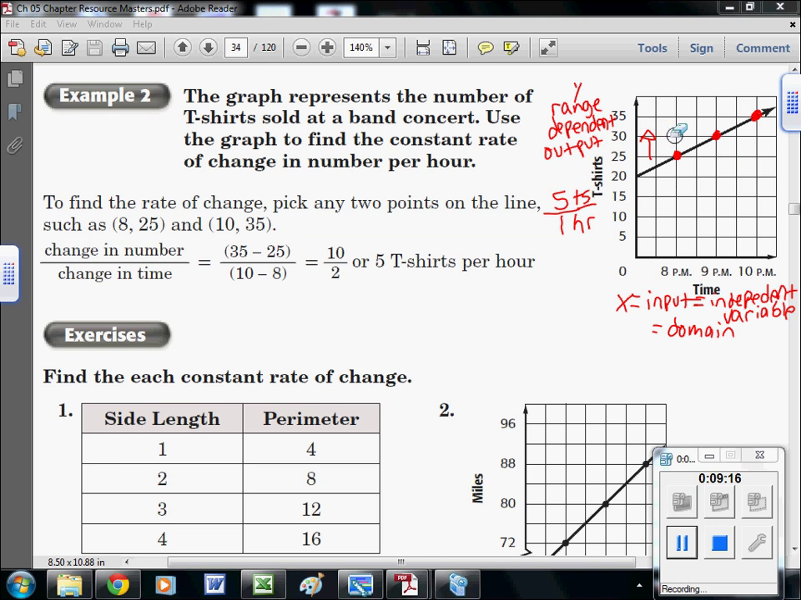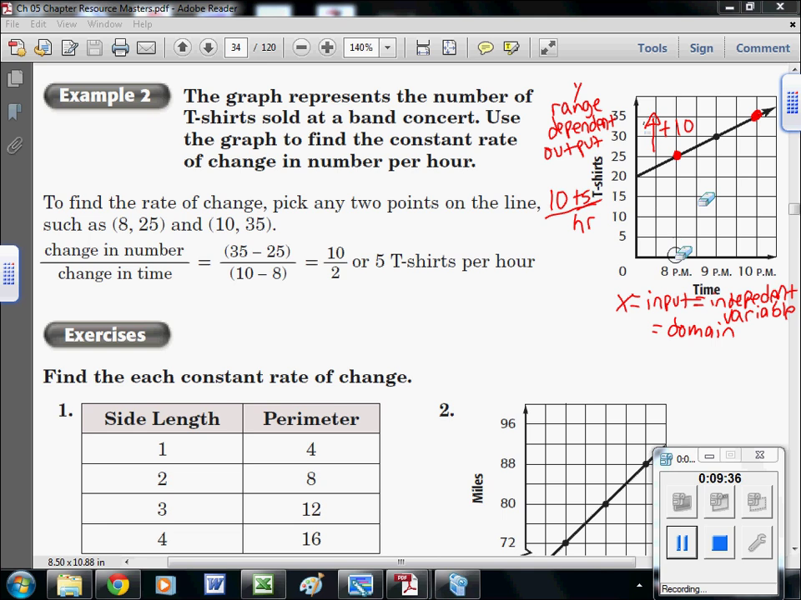So let's take a look at if we chose maybe just those 2 points that are in red. To get from here to here, our output went up by 10. So plus 10 to get from here to here. So our output went up by 10, which means in that same example, we'd have 10 t-shirts over, let's see